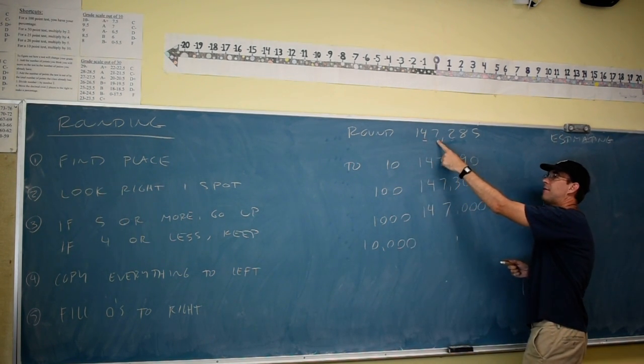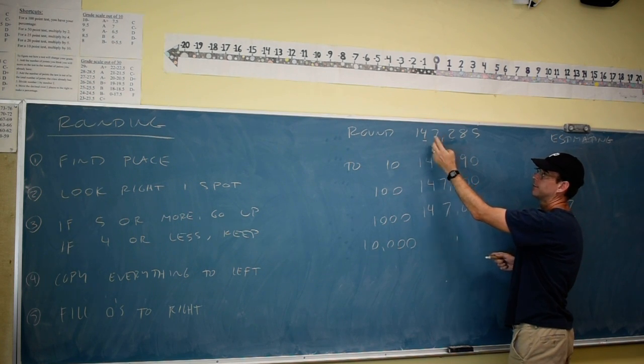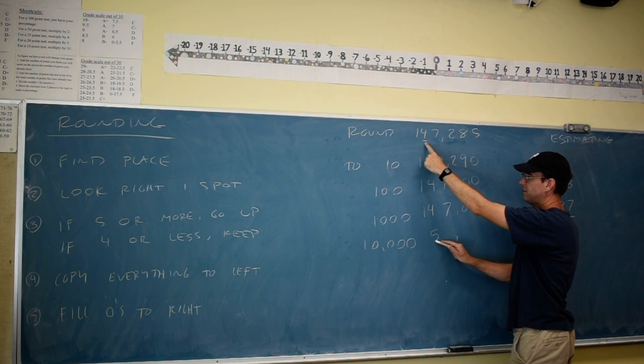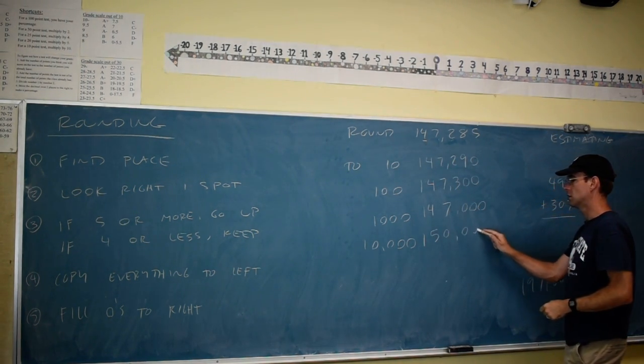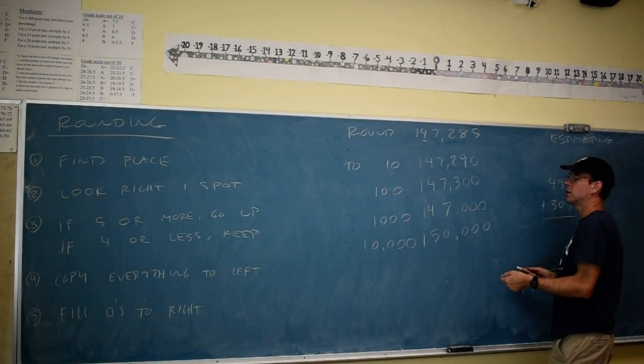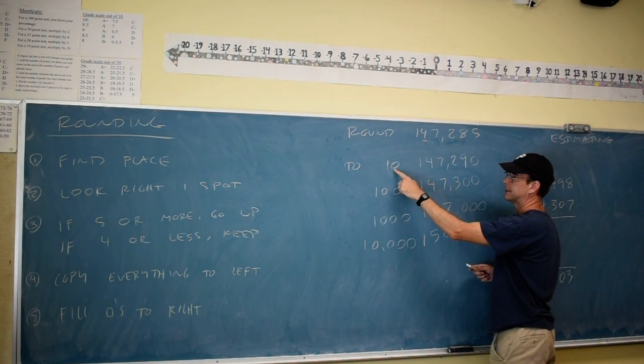So that puts the 7 in charge when we look right. Since 7 is in that 5 or up club, the 4 becomes a 5. Copy to the left, and zeros all the way out. We'll do another sequence of 4 in a second, but first I'll point out, if you're rounding to the 10,